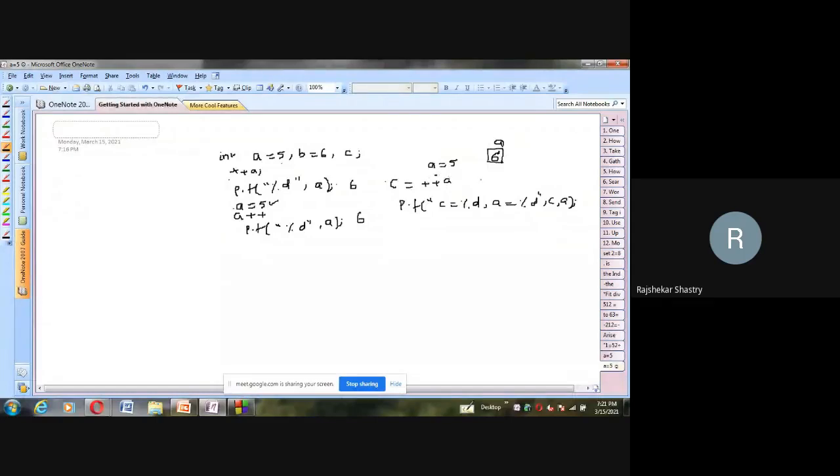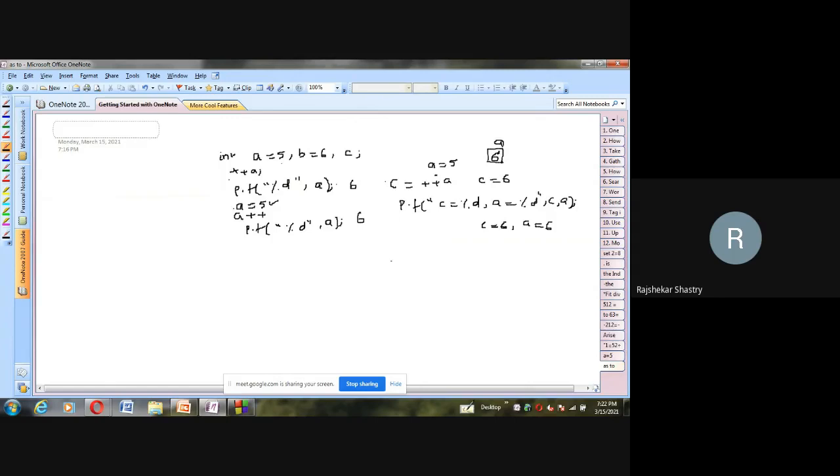Now c is equal to what is the incremented value of a? 6. So now 6 will appear here. First a gets incremented and then the incremented value is used in the expression. So therefore c is equal to 6. Now the 6 is assigned to c. And a is already incremented, so if you observe the memory, a is also 6, not 6 and 5. Both are 6 only. That's the action of the prefix form.